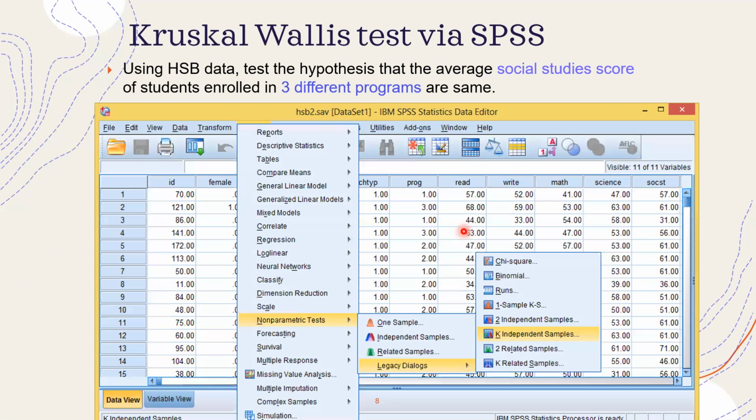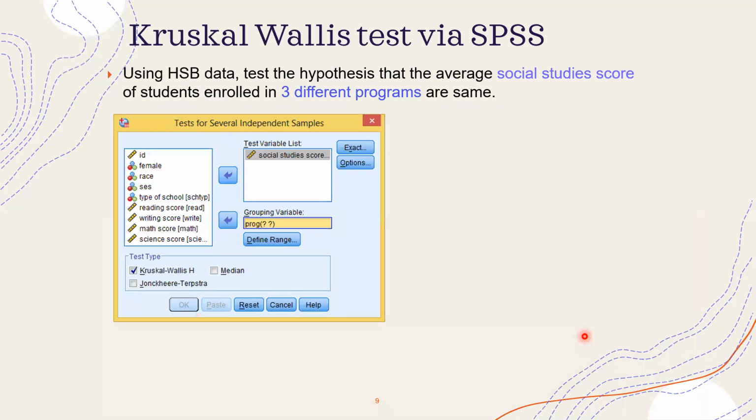The command is given in the next slide, that is Analyze, Nonparametric Tests, Legacy Dialogs, and K Independent Samples. In the K Independent Samples dialog, we will transfer our quantitative variable into the test variable list, which is our outcome variable, and in the grouping variable, we will transfer our independent variable, which has three categories, and we will have to